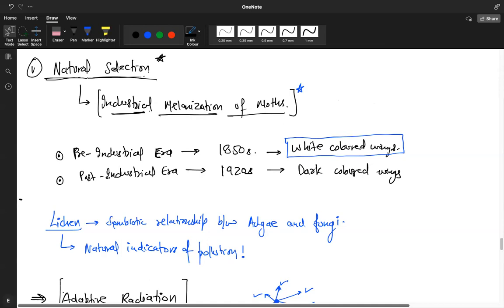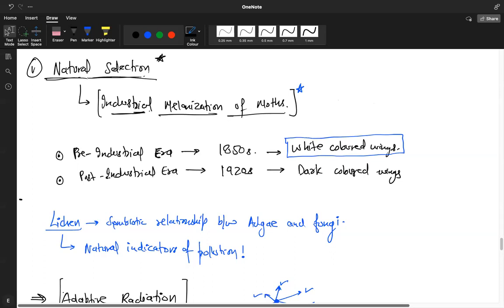Which factor was the selection pressure? Color? No, not really. Color was actually facilitating survival under that selection pressure. Even industries were not the selection pressure. Think of something. What was leading to their decline, from which they have to protect themselves and evade? Industries only tell that now there is more pollution.